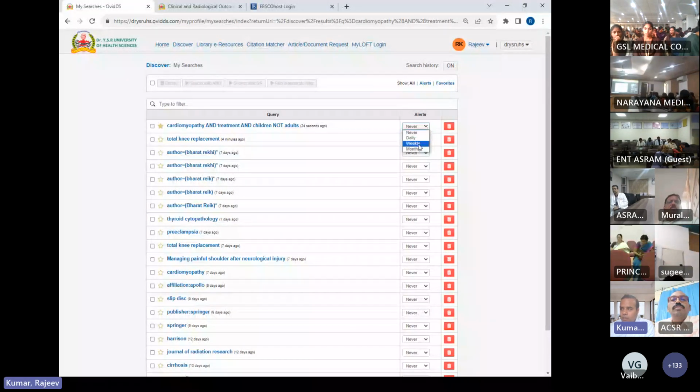I can put alert weekly. So what happens if today you are working on this search criteria, every week you will be notified whether a new research article is published on this particular search criteria or not. Okay. So you can set filters along here. If I go back to home,